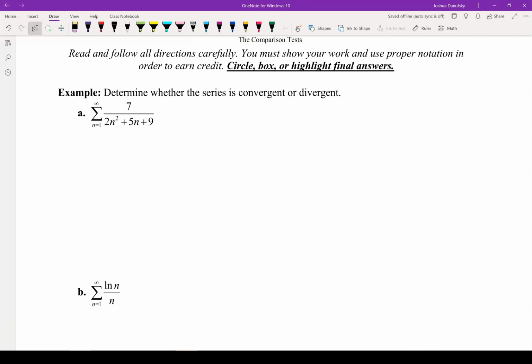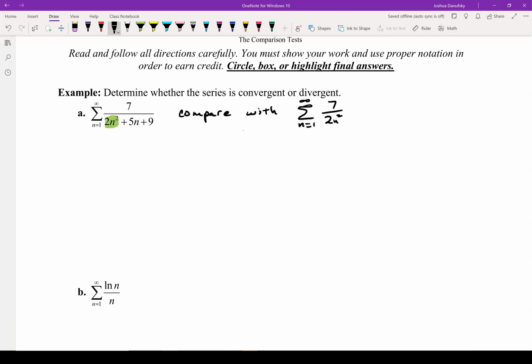Determine whether the series is convergent or divergent. Part A, the sum n equals 1 to infinity of 7 over 2n squared plus 5n plus 9. First, we notice that all terms are positive, and we want to come up with a series to compare this to. When thinking about a series for comparison, we're going to focus on the dominant term. In other words, for large n, the n squared term is going to be the dominant term. So we're going to compare with the series